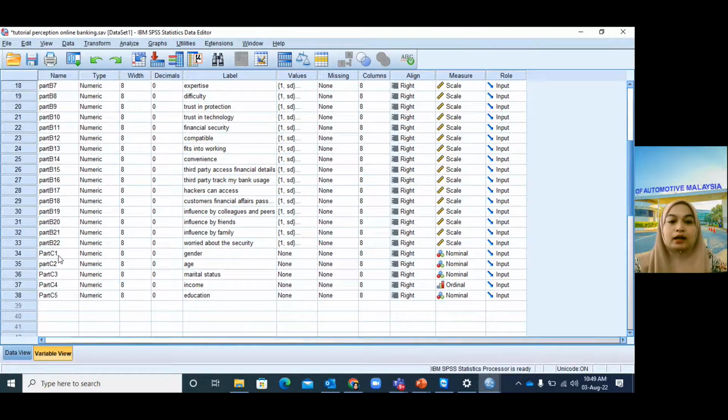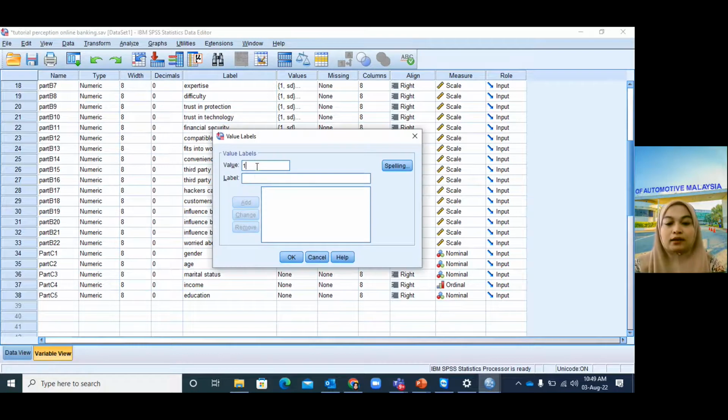I already set the names, which are part C question 1, part C question 2, part C question 3, part C question 4, and the last one is part C question 5. Part C question 1 is about gender. Now we have to set the values, which is 1 for male